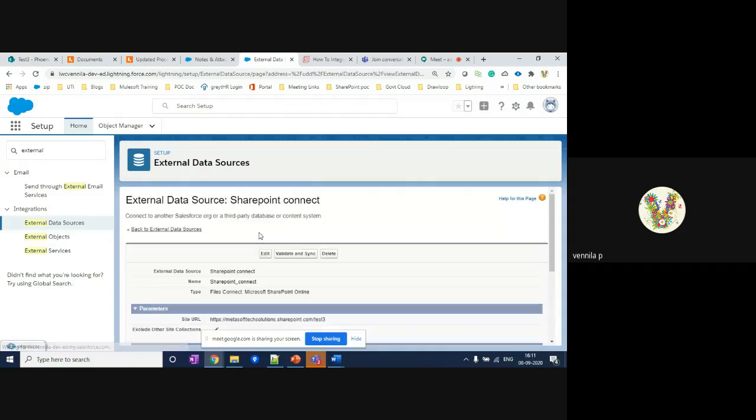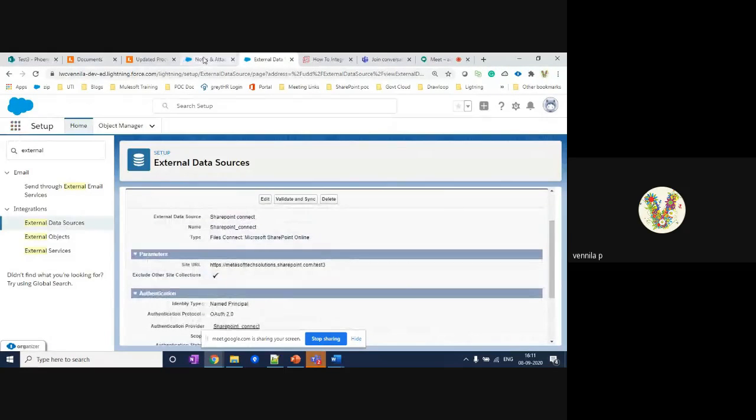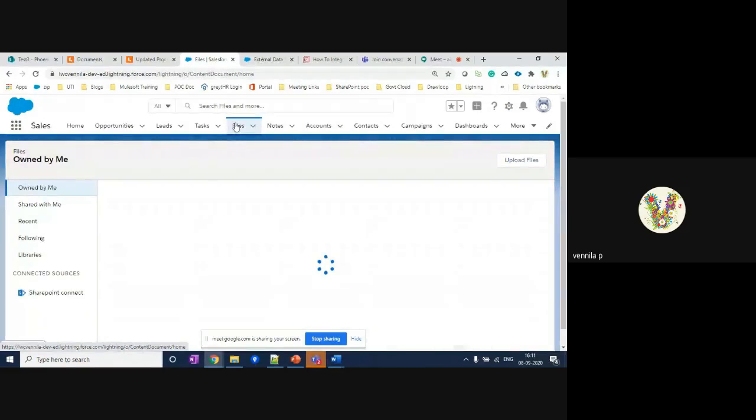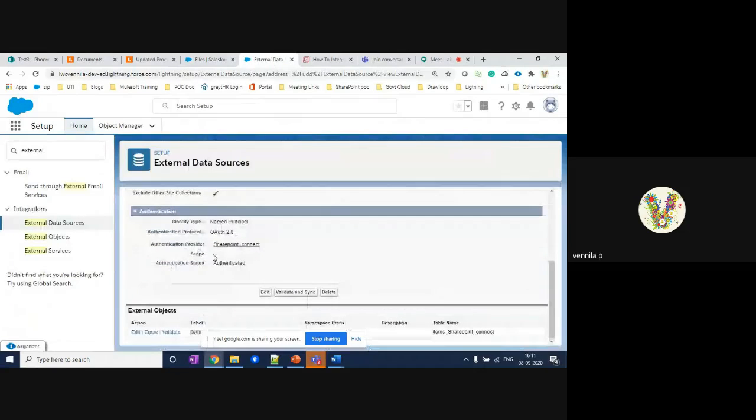Once all the setup has been completed, you can access the files inside Salesforce. If you go to the Files standard tab, you can see SharePoint Connect. SharePoint Connect is nothing but an external object.